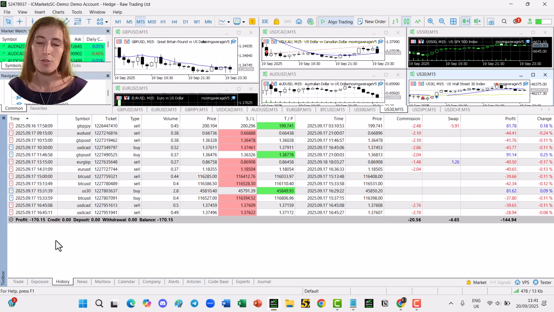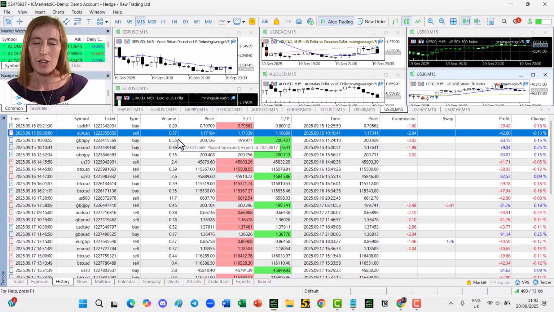If I hadn't let it run that day, 170 would have been saved, plus my 50 profit from the week, which would have made $220 profit, which is a lot more interesting. That is just over 4% profit on the week, which personally I find really encouraging for this trading bot. So I've learned something when it comes to news trading, but what about some of the finer things we can